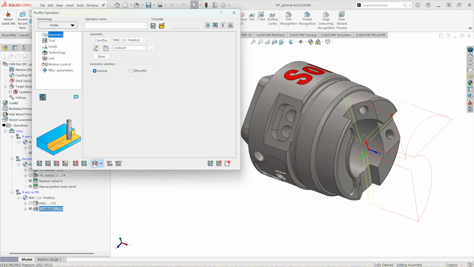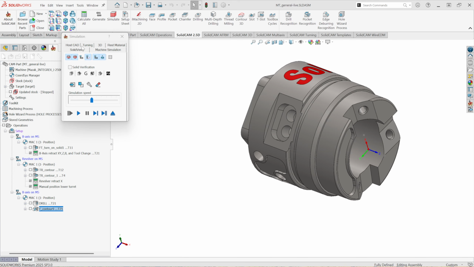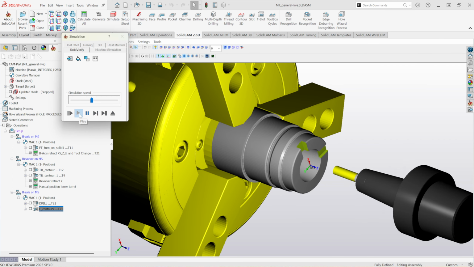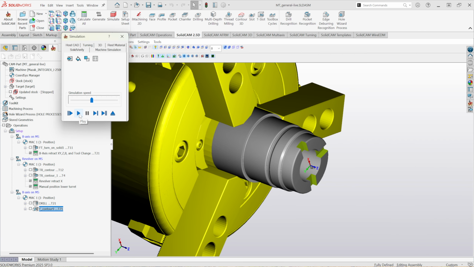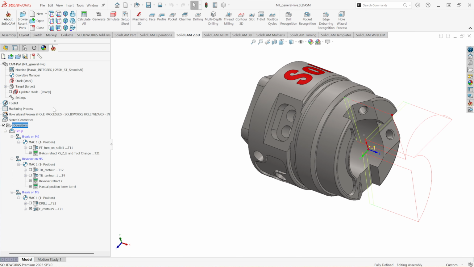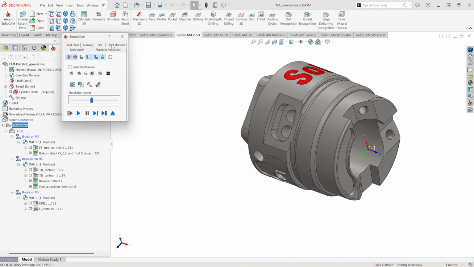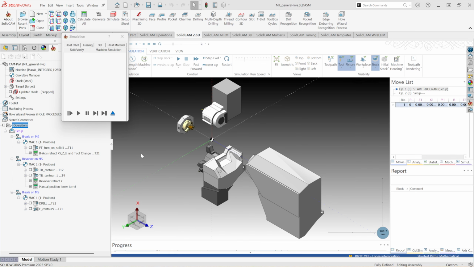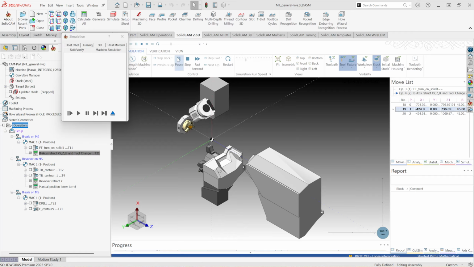If I were to take this operation into Solid Verify, it will load the chuck. It will allow me to see if I have any issues with the particulars of my parameters that I might want to change. I like that result there. From the main operations list now, I can take this into machine simulation, and that will bring all the operations in so we can review everything that we've done up to this point, including those MCOs that we introduced inside of the last video. So if I were to play this now, you're going to see the various operations,